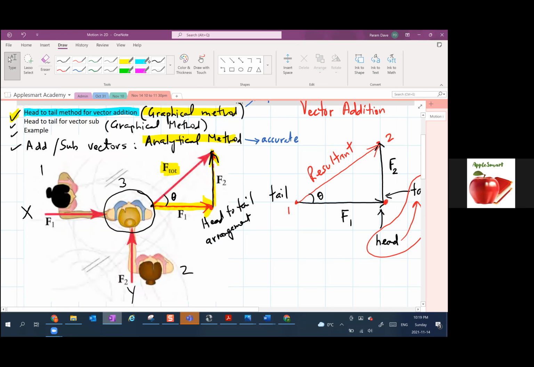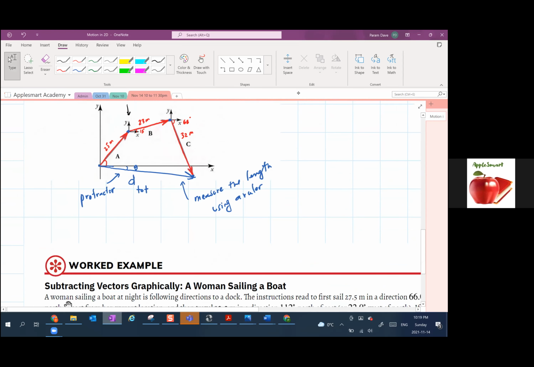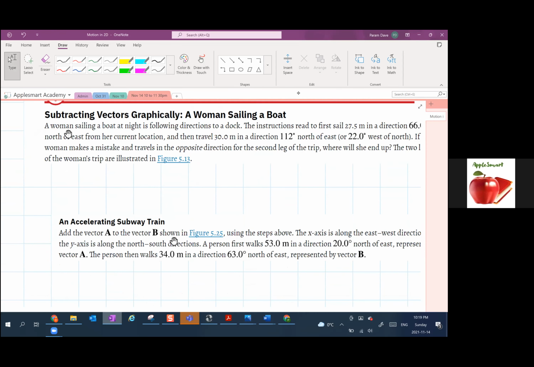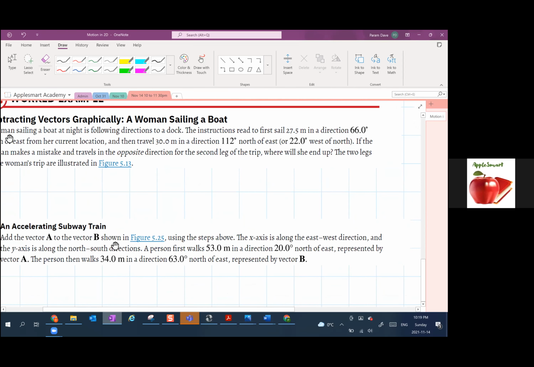I also want to show you what it means by the vector subtraction process. So we're now moving on to the next topic here, head to tail for vector subtraction. Again, this is still the graphical method, but more than showing you the graphical method, I'm interested in showing you what is vector subtraction. Okay, so now let's take a look at